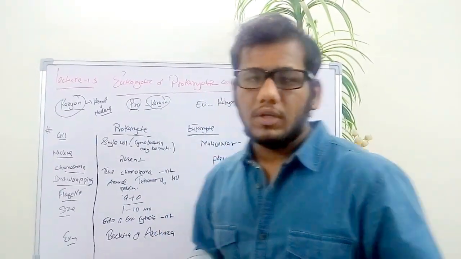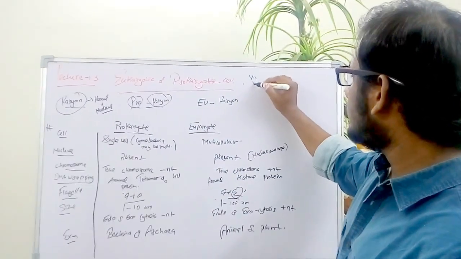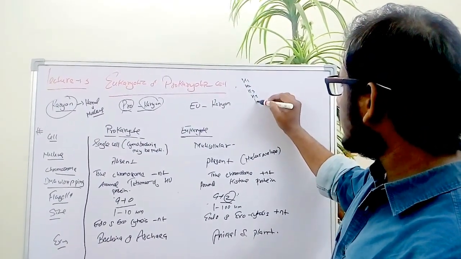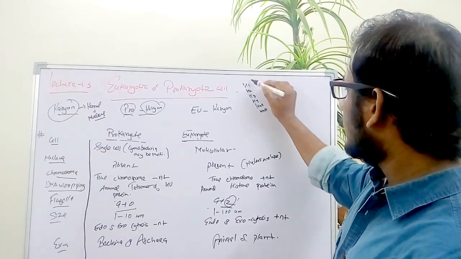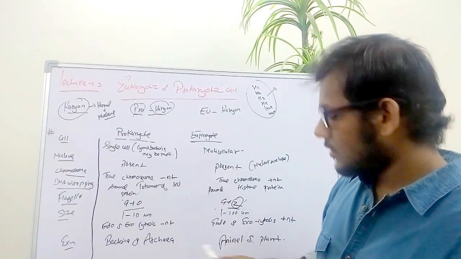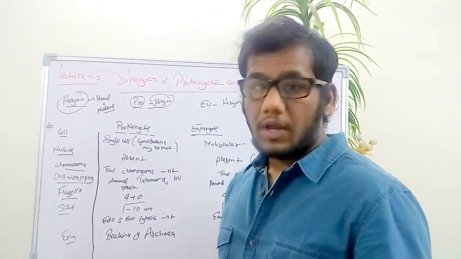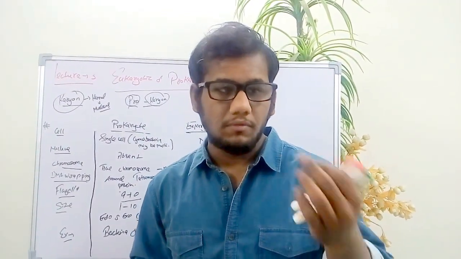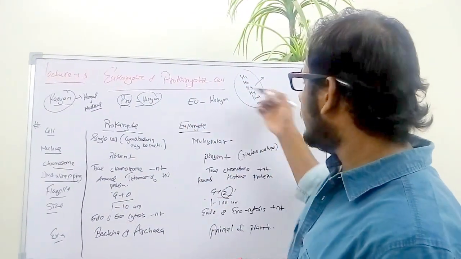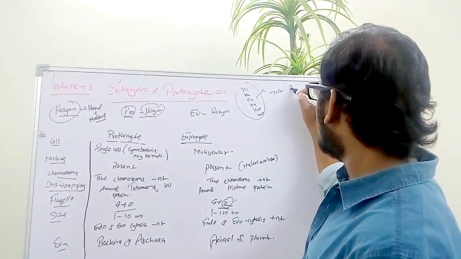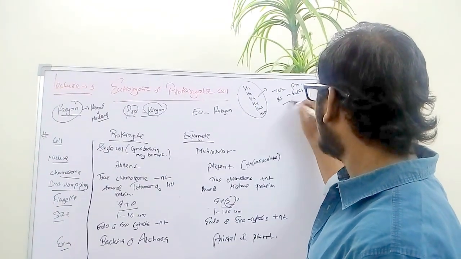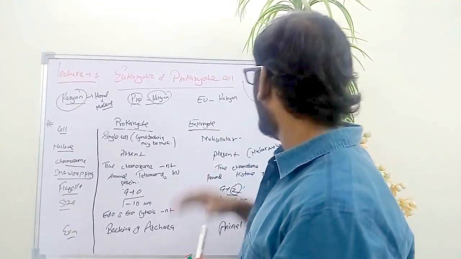Histone protein is divided into 5 types: H1, H2A, H2B, H3, and H4. So these are the 5 types of histone protein. After this, we talk about the difference in ribosomes. As we know, the function of the ribosome is protein synthesis in the cell. In prokaryotes the ribosomes are 70S, and in eukaryotes they are 80S. So this is the difference of ribosomes.